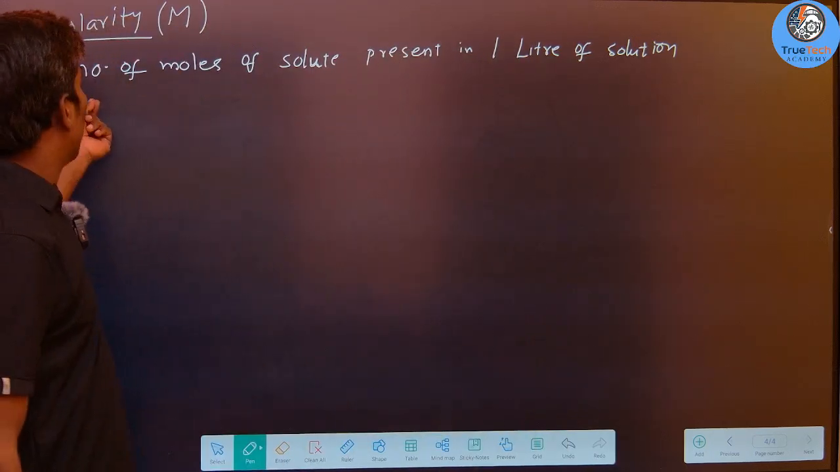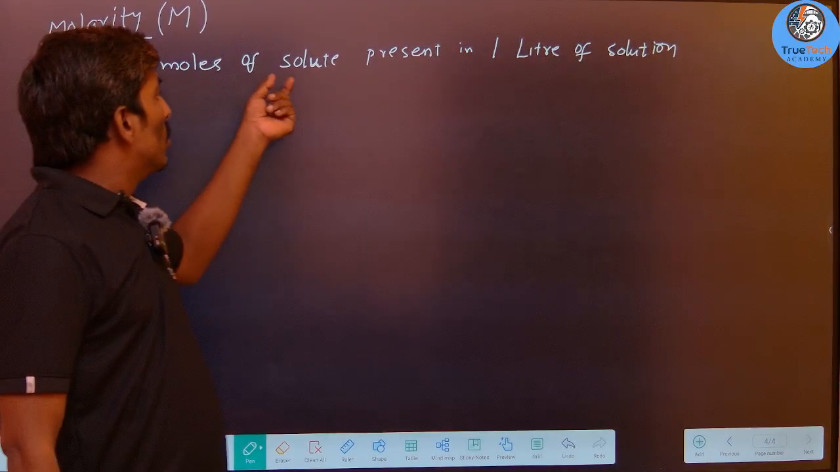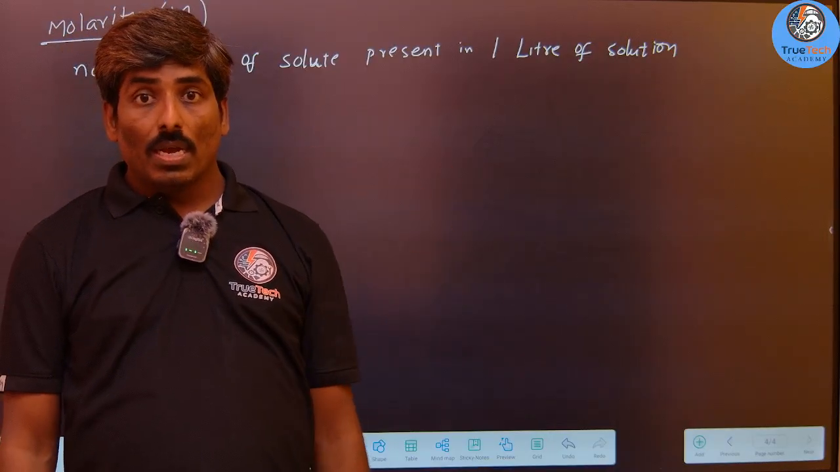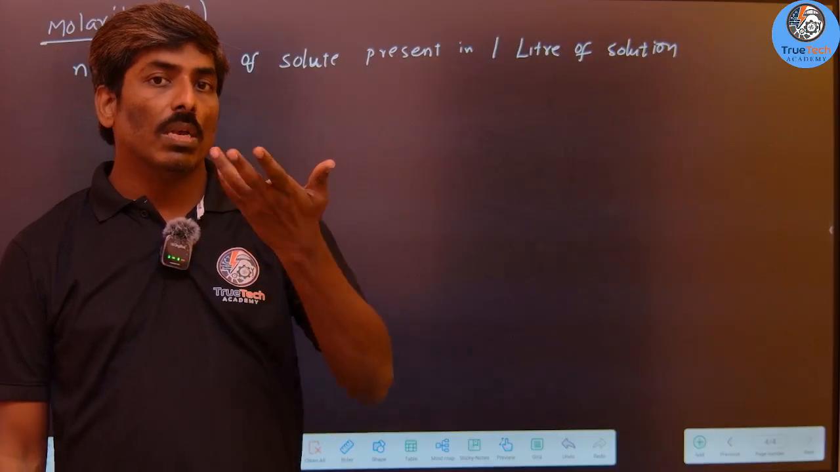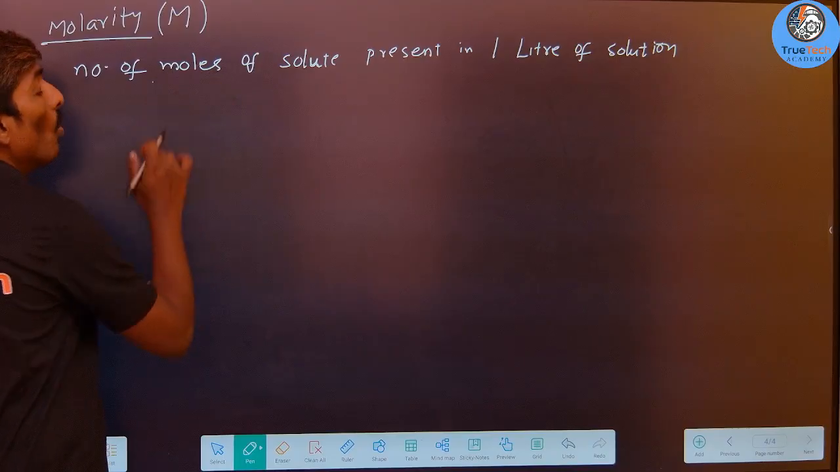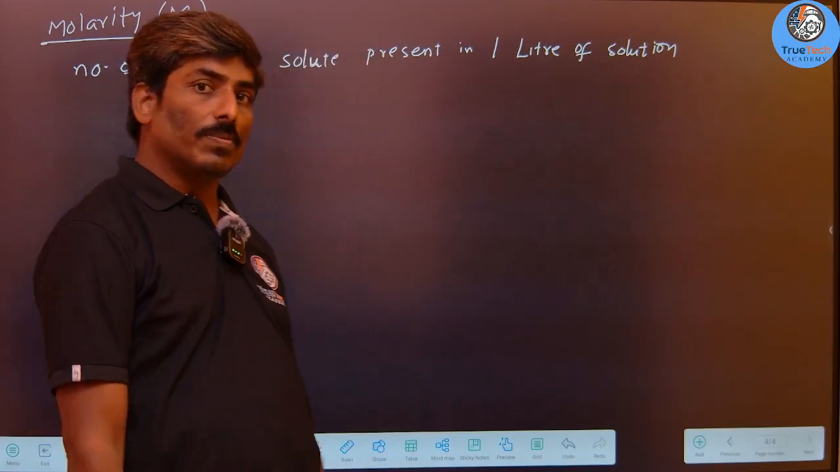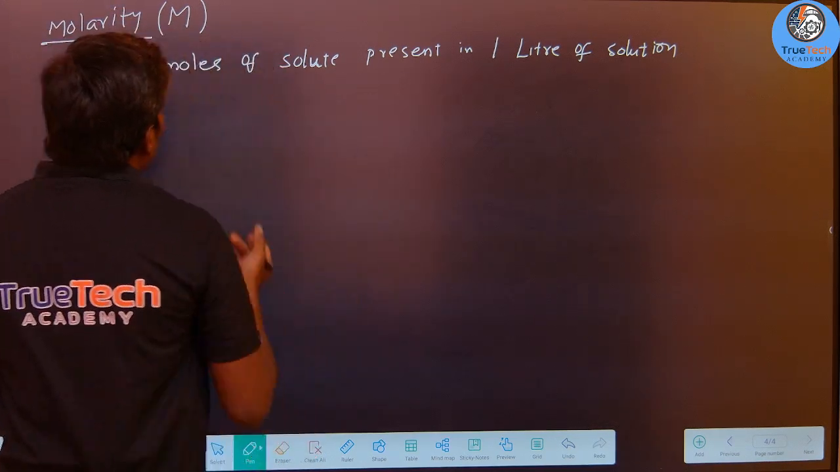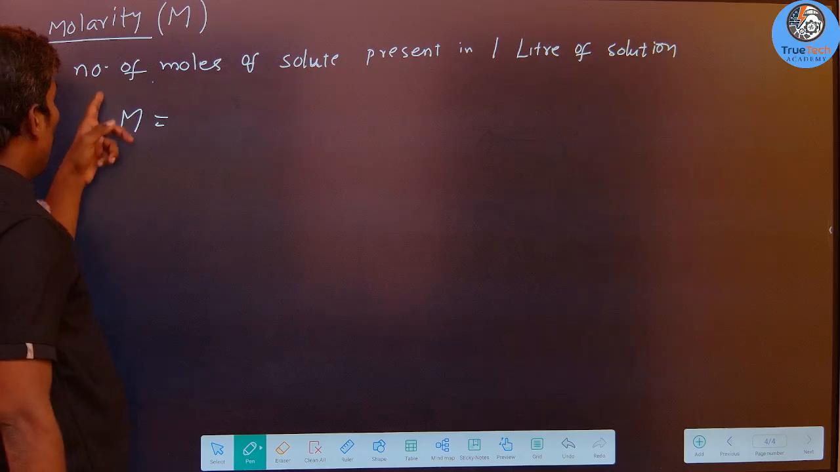So this is the definition. Molarity says number of moles of solute. Till now, whatever concentration terms we saw were expressed in terms of grams, weight of the solute, volume of the solute. Here it is not the weight. Here it is asking moles, the number of moles of solute present in 1 liter of solution. So if you observe from the definition, we can write a direct formula, molarity equal to,